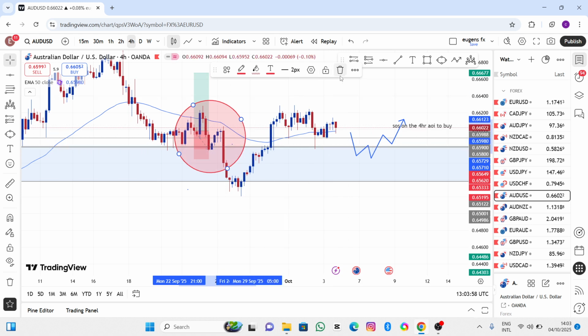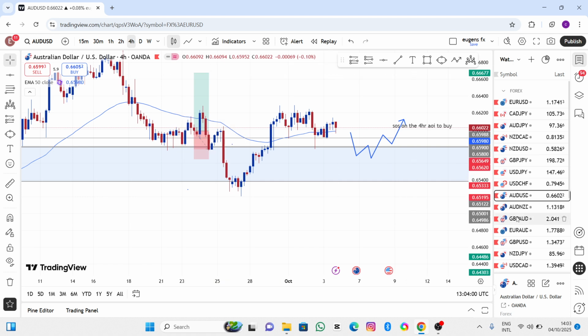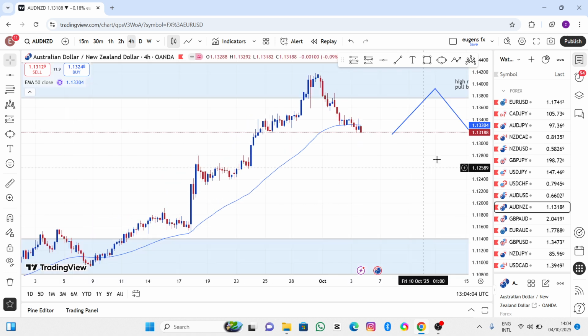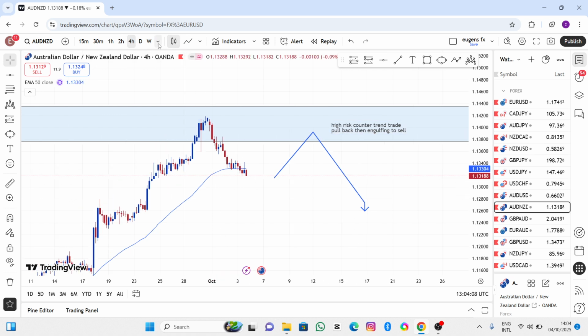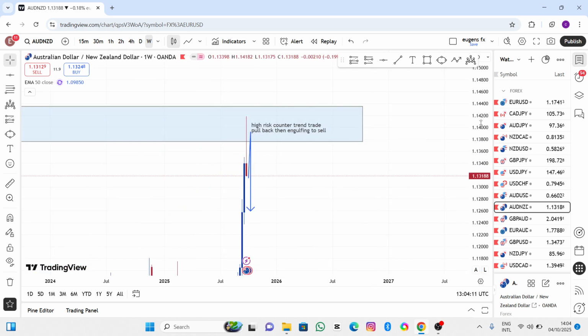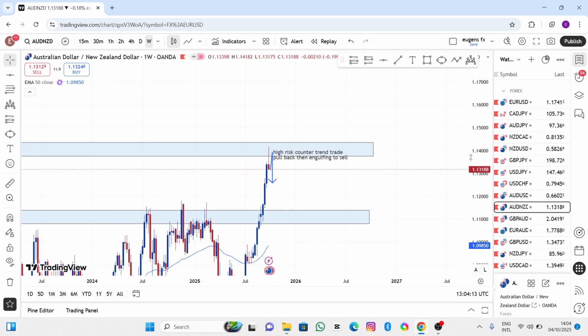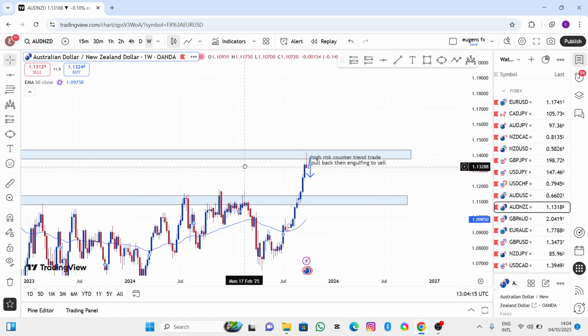So currently this market is down because it's going to take a while to set. AUD NZD, as you can see, I wrote it here, high risk counter trend trade. So let's just get down to it. So the weekly time frame, this market is pretty much bullish, but we are at a very,